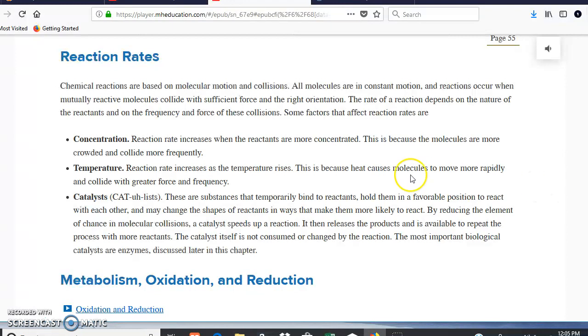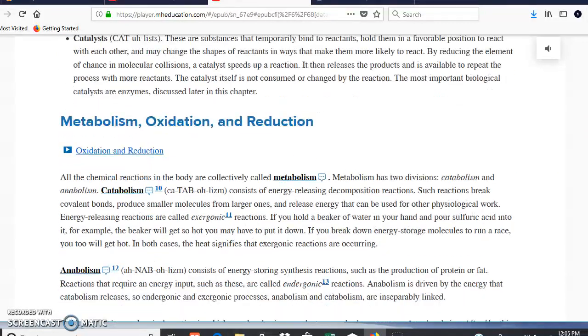These reaction rates are going to vary based on concentration. The more molecules you have, the more chances you have of a chemical reaction. Temperature, as you know, when something is hot, it's going to move faster, therefore there are more opportunities for a chemical reaction, as well as catalysts. Catalysts are very important substances because they allow this chemical reaction to be possible. Most of the time, catalysts are proteins. Okay, so then